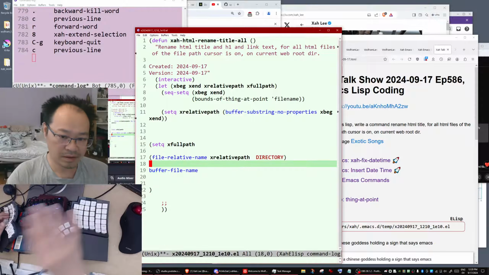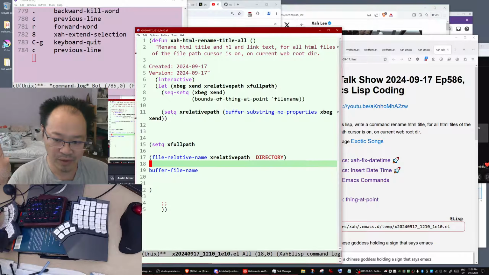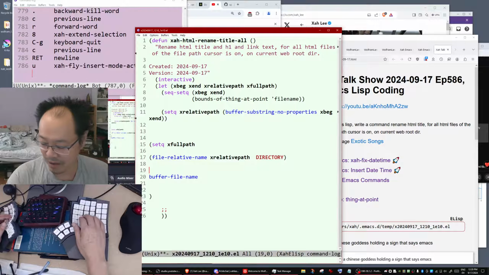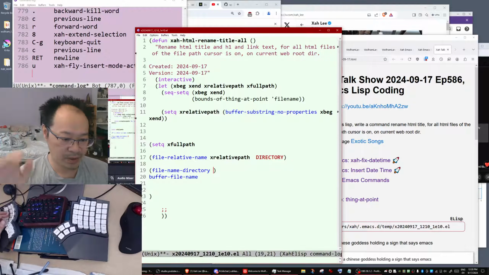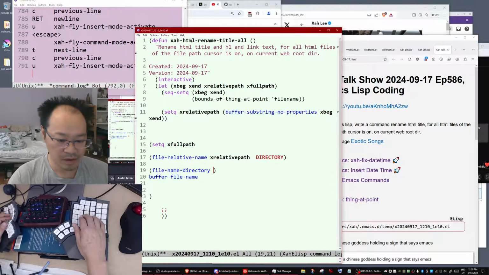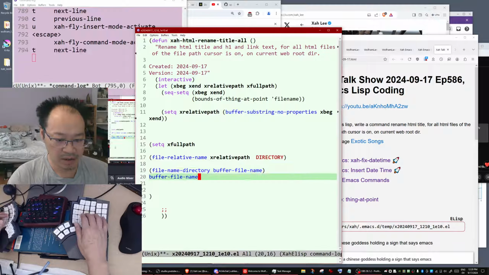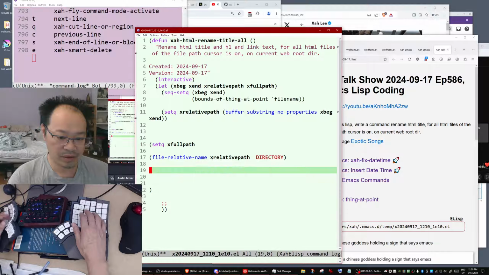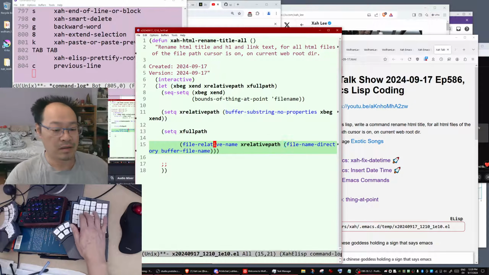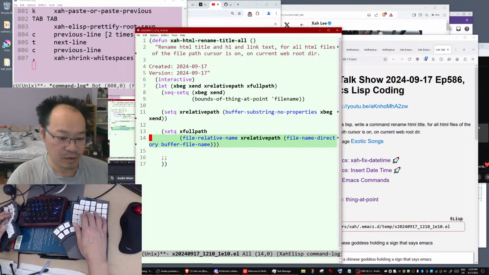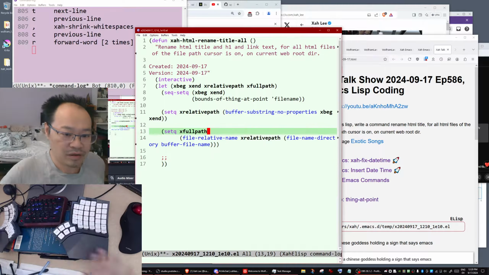When you have a file path and want the parent directory, you use file name directory. So you put buffer file name here, and that's the directory. Then you set the value to the full path. That's how you get the file name full path.